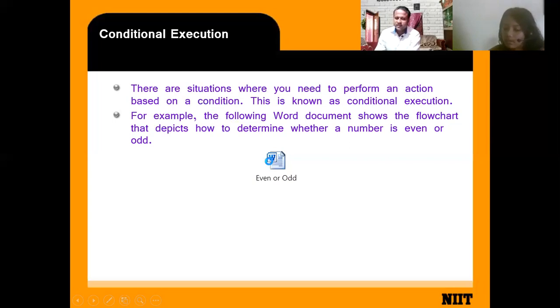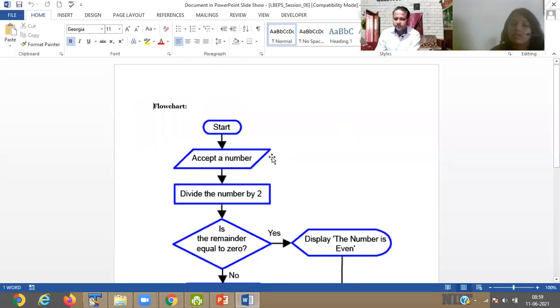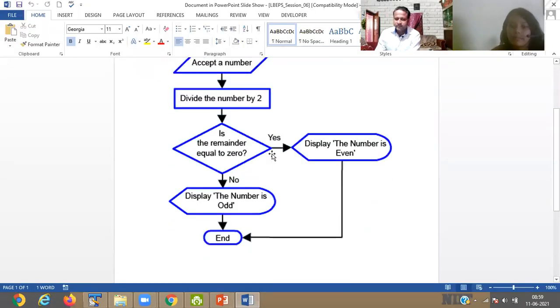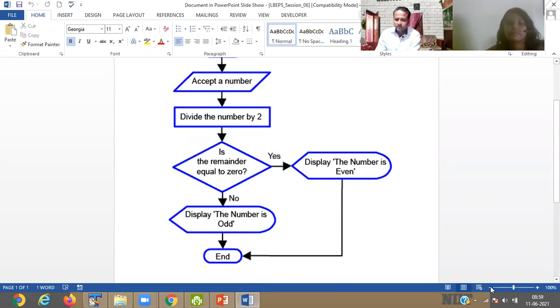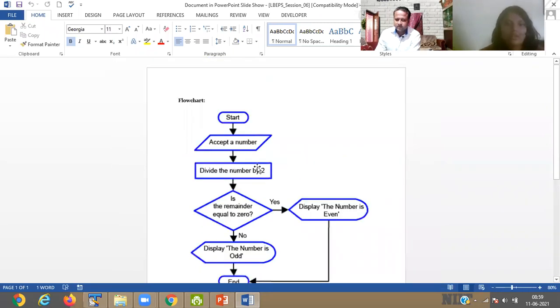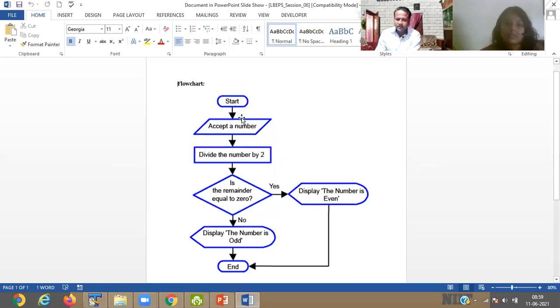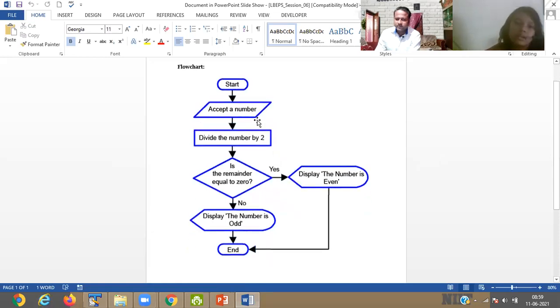Now check. It is a flowchart for taking an even number. The start, then an input box: accept a number. Then divide the number by 2. It is a process box.